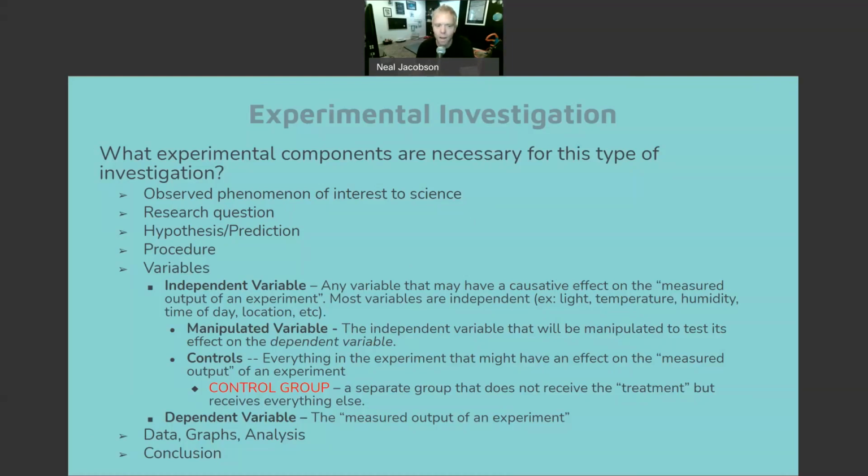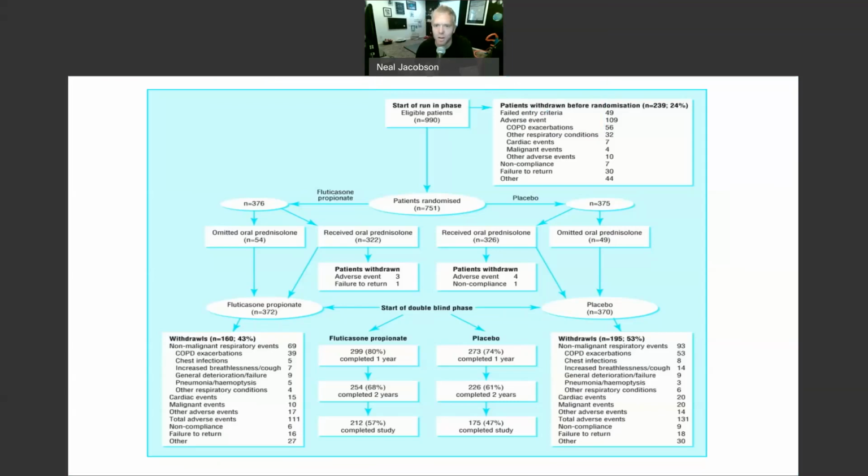All right, what I want to show you here is just an example of a pharmaceutical company breaking down a group of similar subjects into two randomized groups, and then talking about how these two randomized groups are receiving treatment or receiving a placebo.